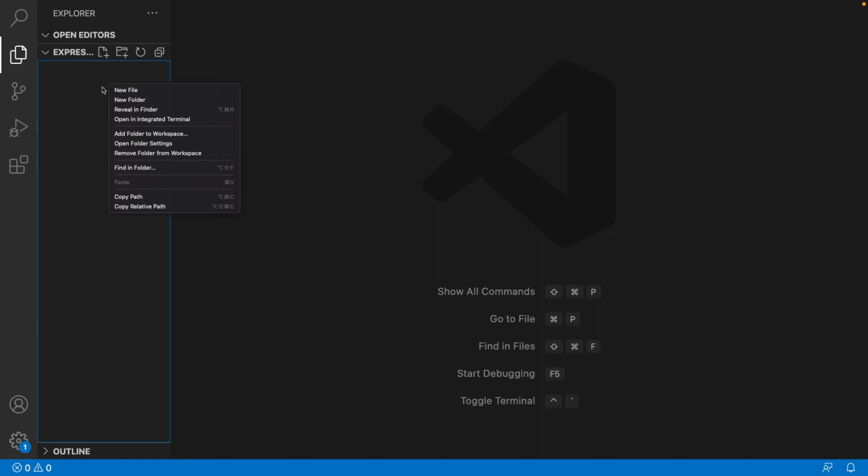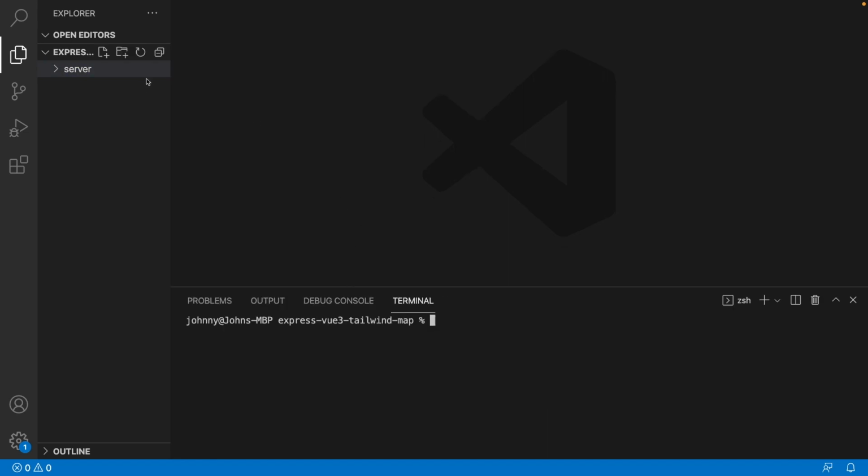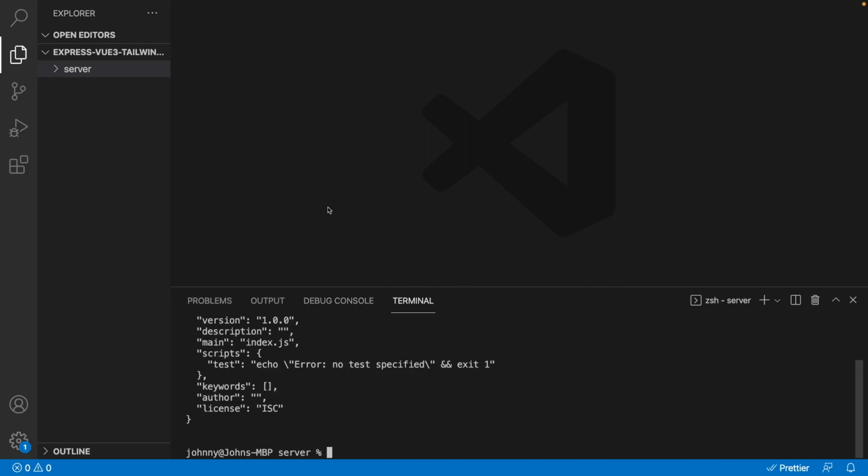Alright, so first off, what we want to do is create a new folder here, and we're going to call this server. Then we're going to open up our terminal here, and we want to cd into this folder. So we'll do cd and we'll go into our server, which is for change directory. And within here, what we want to do is create a new package.json. So to do this, we'll say npm init, and then we'll pass the y flag here to create our new package.json file. So now if we open up our server folder here, you should now see we have this package.json